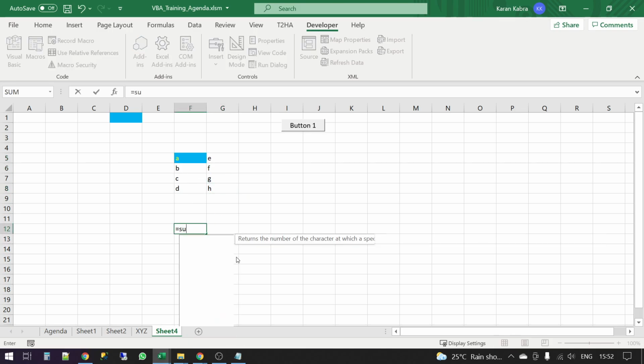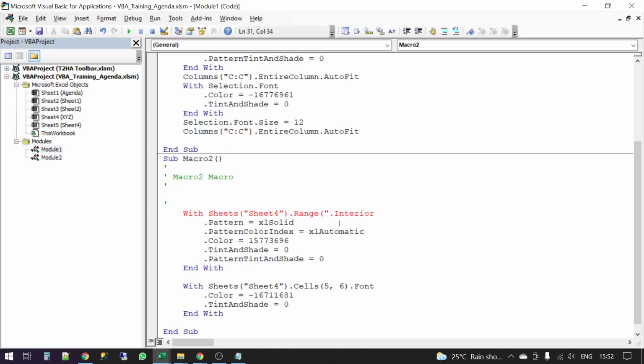Typically, if you write any formula, for example, I write sum and I select the range, this is how I get the range, right? F5 to G8. So if I use this same thing inside Range here, it will work on the entire range of F5 to G8.